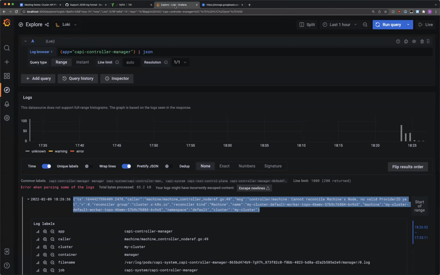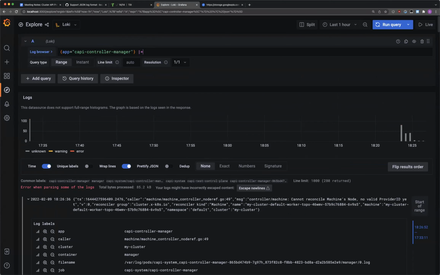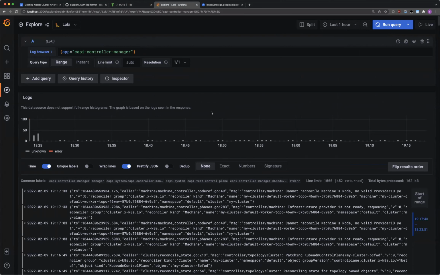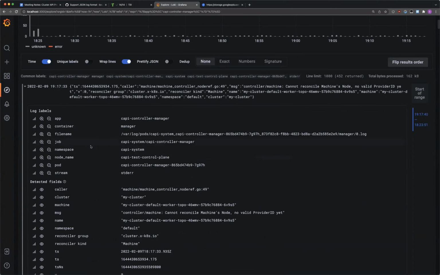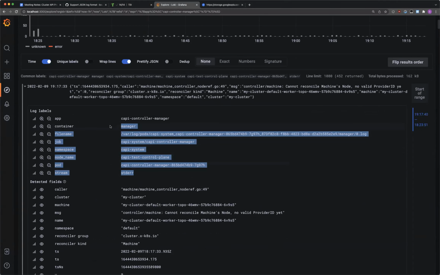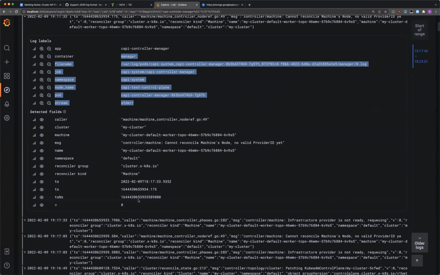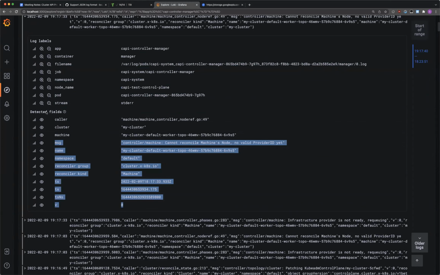And if you just send them to Loki without any additional parsing, let's drop that for now. If you just have those logs, we are doing that with Promtail, by the way, and you will get that if you use our Tilt setup. So that's all included. You just have to enable observability, but that's documented. So when you enable JSON log format per default, you are getting that. There is some metadata which we get from Promtail, and we have some additional stuff which is automatically detected by Loki in that case.